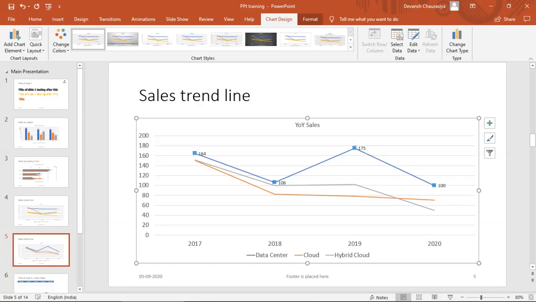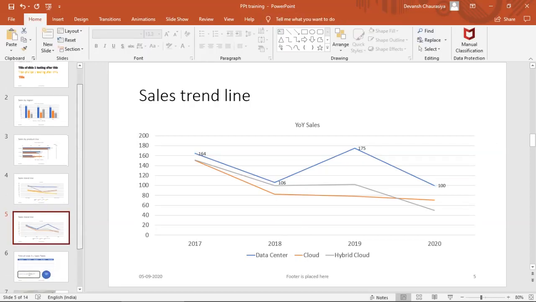Okay, now you see the line is for data center, which is not the right way of depicting the information, but for data center it is 164 in 2017, 106 for 2018, 175 and 100 in 2020. That is one way of showing. Basically, I said it's not right, but it's a different preference by different people. Data center is increasing and then decreasing, no quite clarity. Okay.